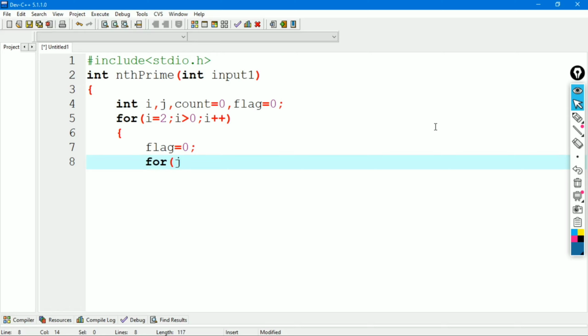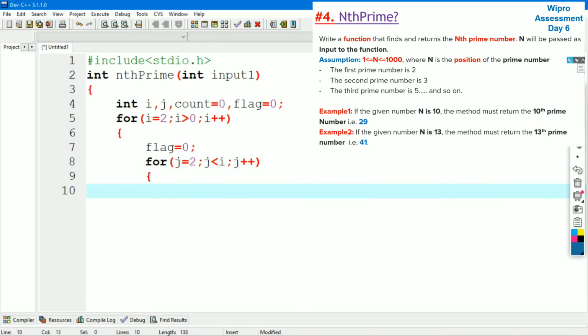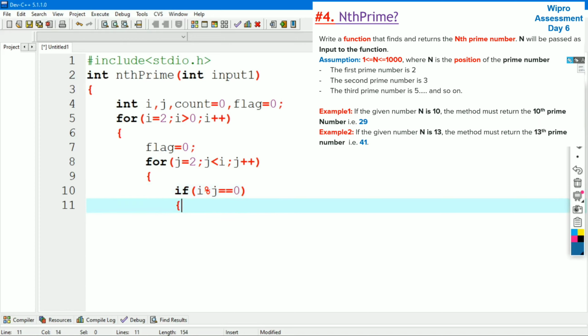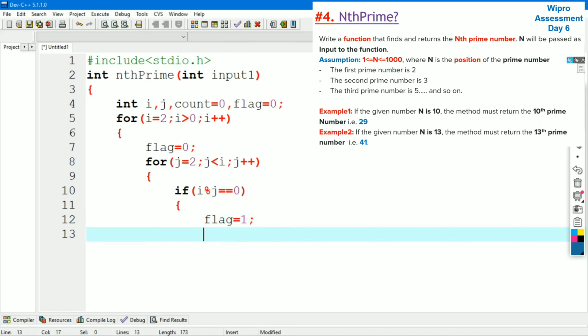Again we will write a for loop: j equal to 2, j is less than i, j plus plus. After that we will write the if condition: if i modulus j equal to 0, we will initialize the flag to 1 and break.